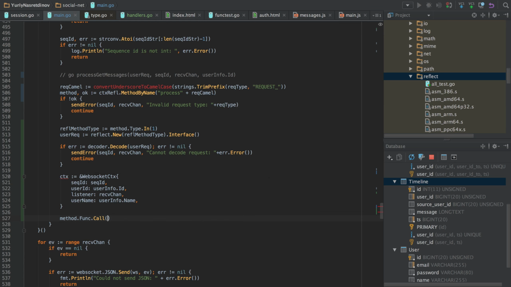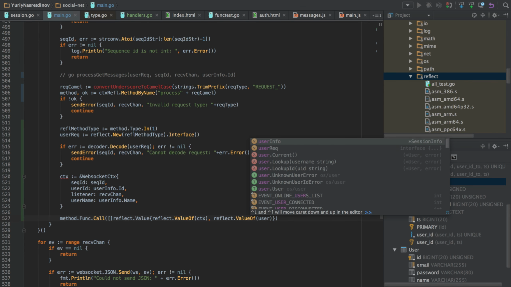Okay, so we should now call the function, and we do it by calling the Call method, and we specify the slice of reflection values. So the first one would be the receiver variable, so it would be the WebSocket context, because it is a method, it's not a function.